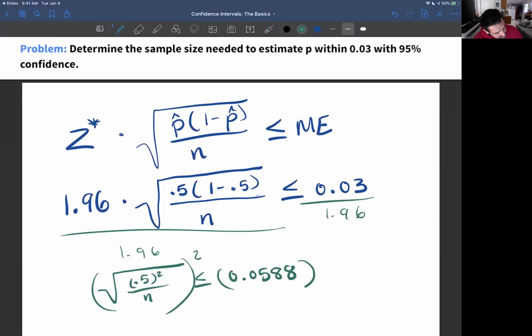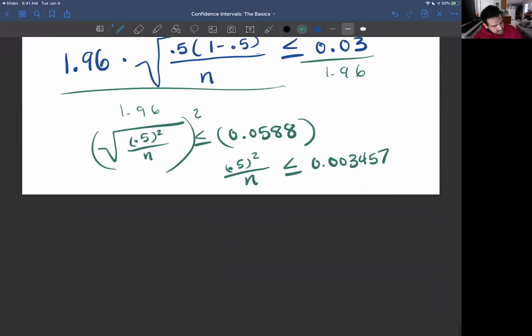We get 0.5 squared over n less than or equal to, from here doing some math and manipulation,